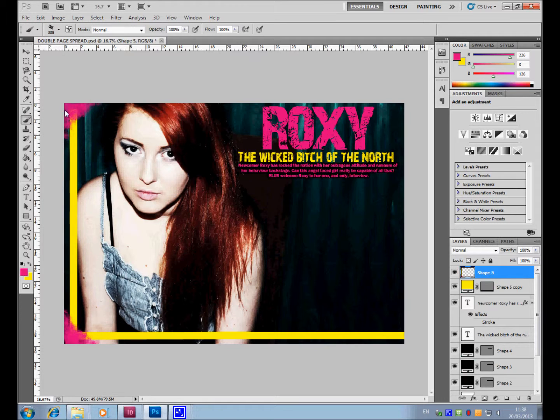In Adobe Photoshop, I used the Chalk 44 pixels brush effect on my double page spread to create the effect on the border and around the pull quotes. This took a lot of trial and error as I had to decide on the size and opacity and whether or not the effect looked good.